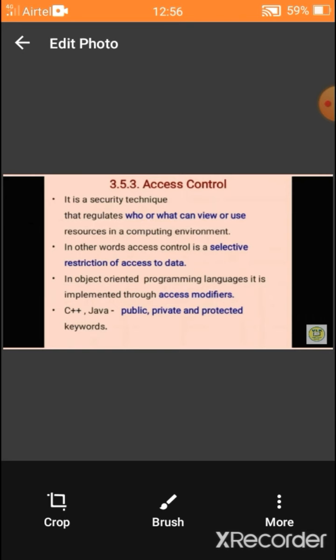They help to implement the access control. So next one, they have given an example for OOPS. C++, Java, these are object-oriented programming languages. They use public, private and protected members as access modifiers.